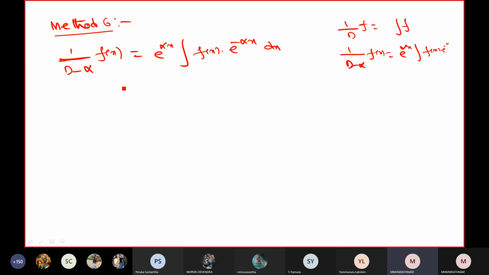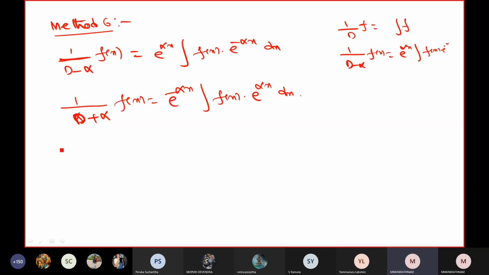Likewise, 1 by (D plus alpha) into f of x will be e power minus alpha x into the integral of f of x into e power alpha x dx. So using these two formulas,